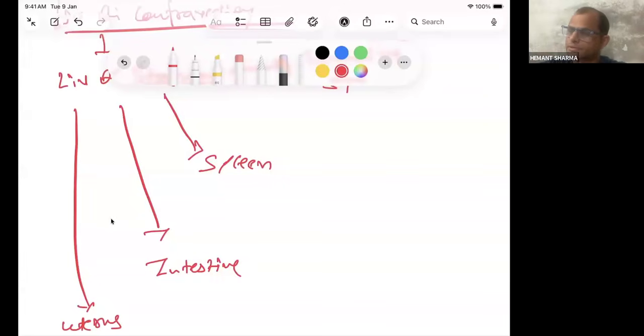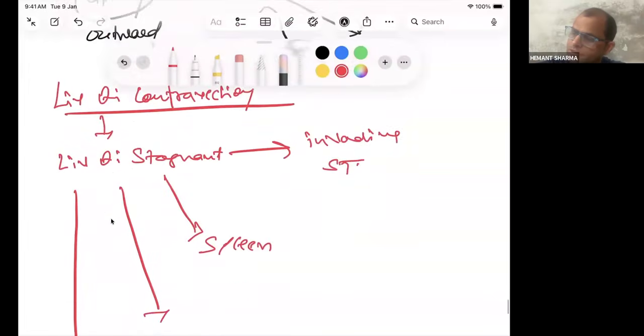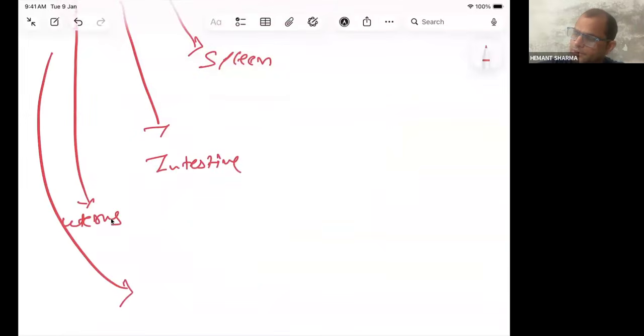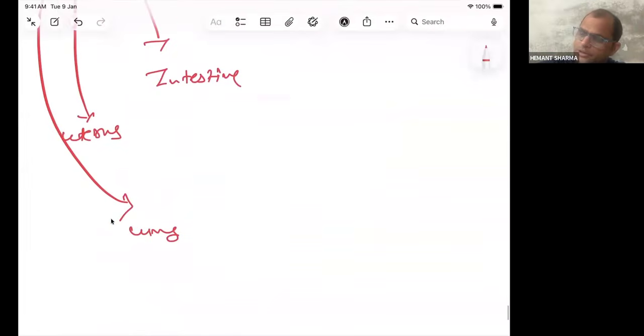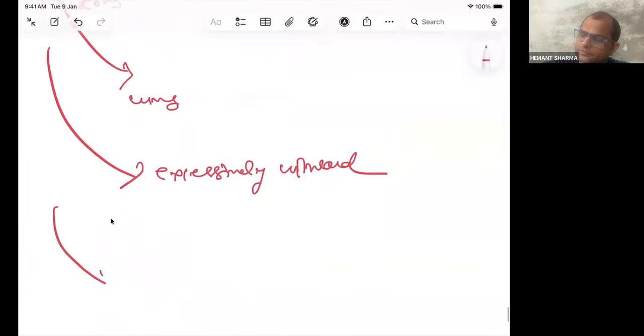So liver chi might attack the stomach, might attack the lungs, लंग पर भी आक्रमण कर सकती है, and might go excessively upward, ऊपर जा ही रही है लेकिन और तीव्र गति से जाने लगी, और लिवर ची इज अटैकिंग ऑन द हार्ट, हार्ट पर भी अटैक कर सकती है भाई।